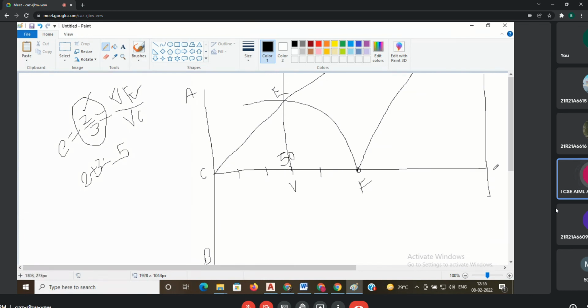Then divide this V1, V2 into number of segments, 7, 8, at least 8 equal distances. After dividing this, you have 1, 1 dash, 2, 2 dash like that.